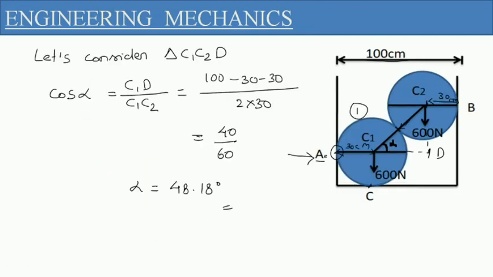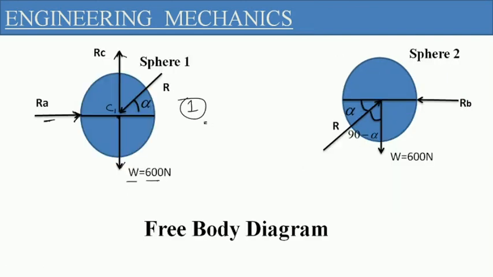Now let's define another contact point. So here the sphere is having contact with the vertical wall and the horizontal surface, and the next point is the contact between these two spheres at this particular point. At this point, we will define a reaction in inward direction, and this reaction will be along this inclined line. The line of action of this reaction will pass through the center C1 at an angle alpha with the horizontal. So here we have this particular free body diagram for sphere 1.